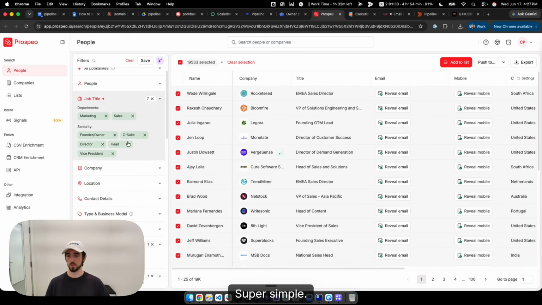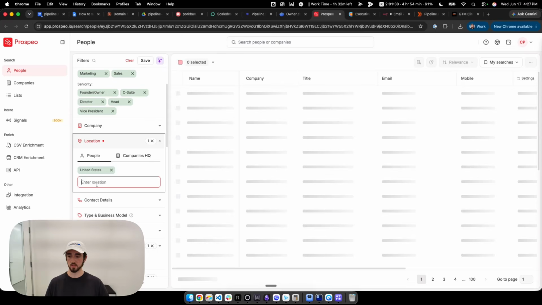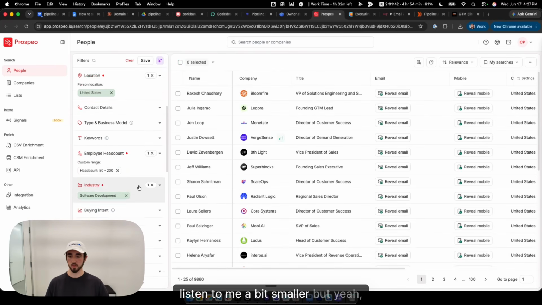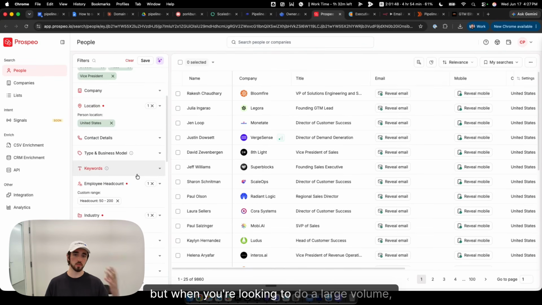List building is super simple. You just saw how I went about it. Location, you can say you want specific people from the United States. I always do this. The list might be a bit smaller, but they have all the general filters you need. Keep it really simple. When you're looking to do a large volume, typically just keep this list simple, because